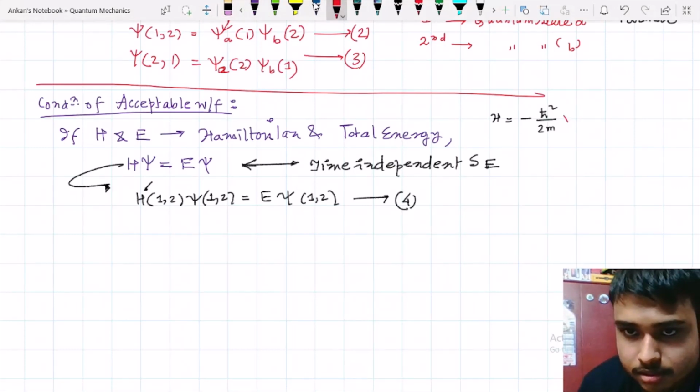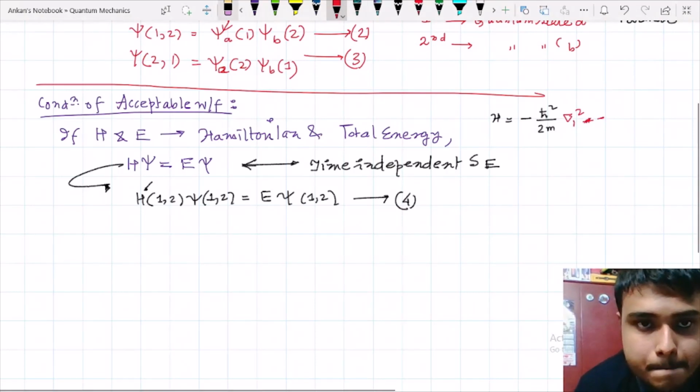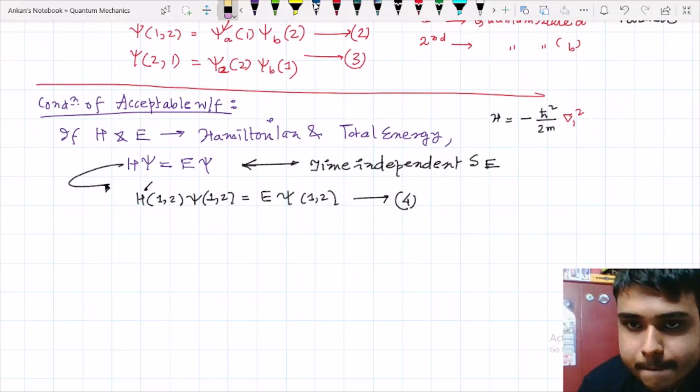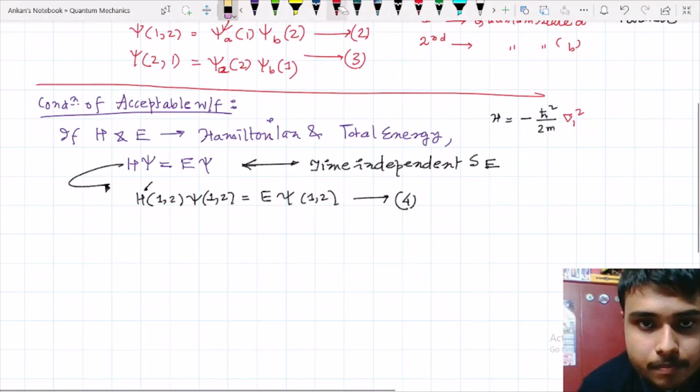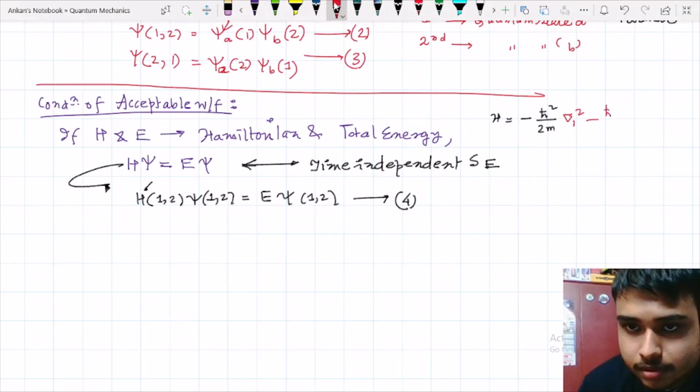So minus h bar square by 2m grad 2 square,